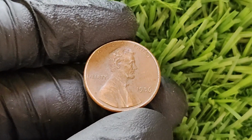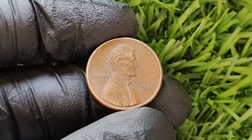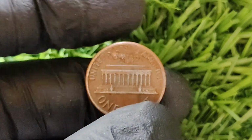Today, we're talking about a plain old 1986 Lincoln penny. But here's the kicker, it's got no mint mark. Just a humble-looking coin that somehow managed to sneak its way into being one of the rarest and most valuable pennies out there. Now, before you start flipping over every 1986 penny in your house like you're trying to win